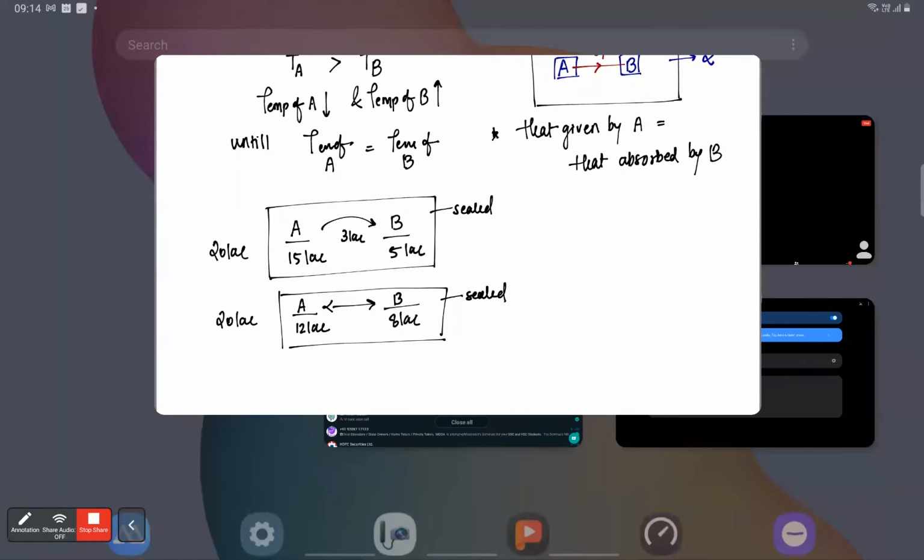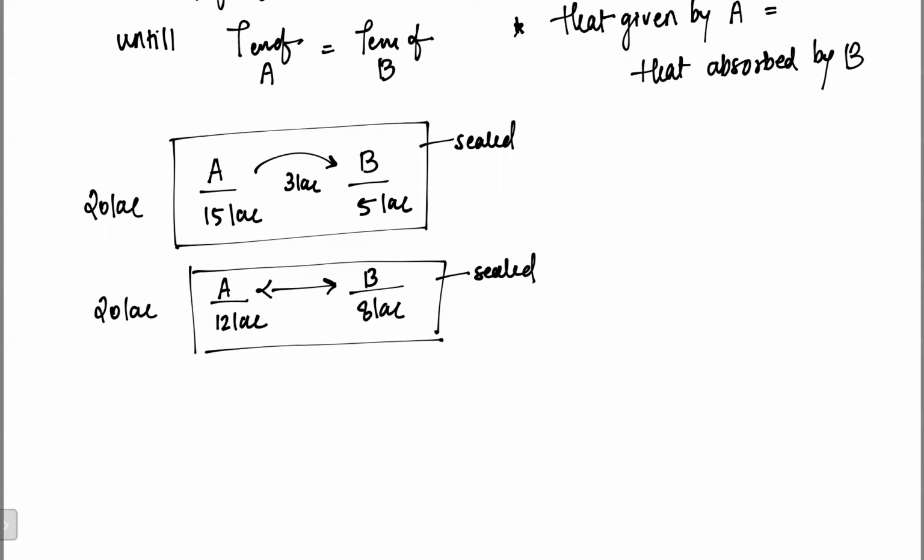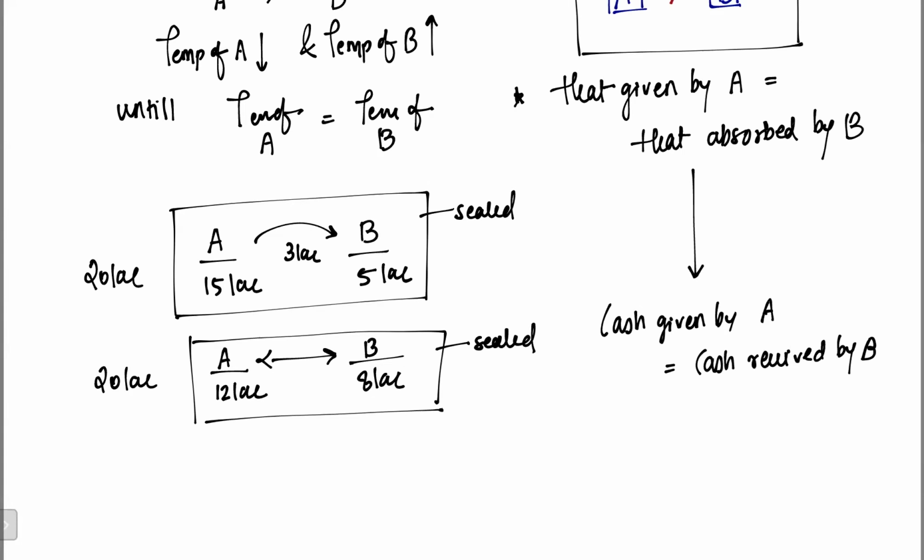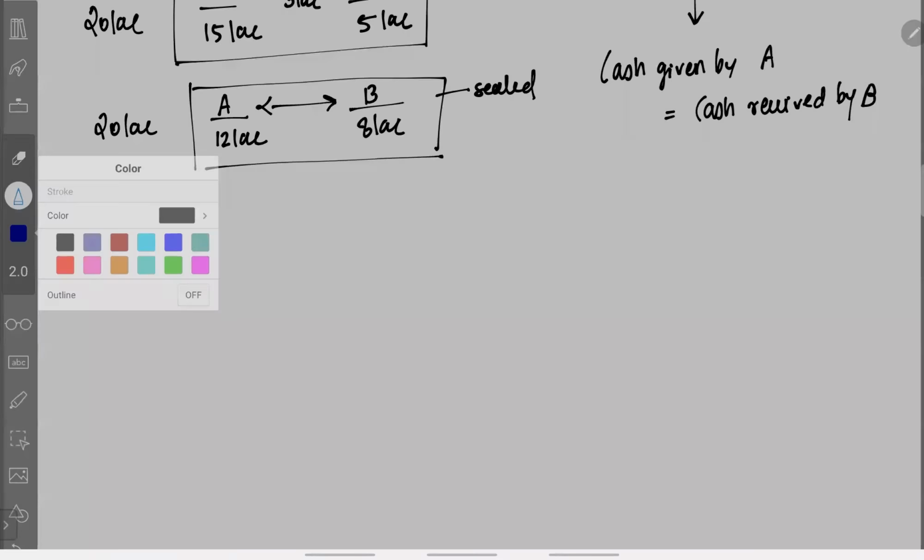In the bank transaction, Disha, how much money was given, and what is the amount that A gave to B? Very quickly. 3 lakh. How much amount did B receive? 3 lakh. So, as I have written here, I can again write it that cash given by A is equal to cash received by B. Do you agree with me? Yes, sir. The reason that this is happening is because the bank is sealed. No cash will come in from outside and no cash will go out from inside. Do you get that point? Yes, sir. So this was the example. This makes us arrive at the principle of calorimeter. The principle is